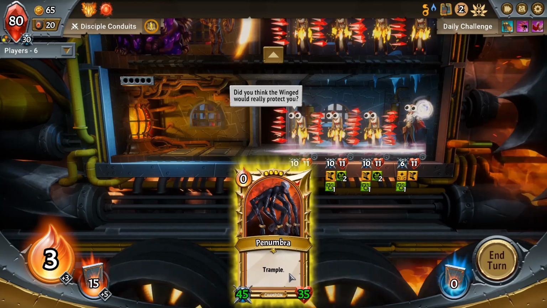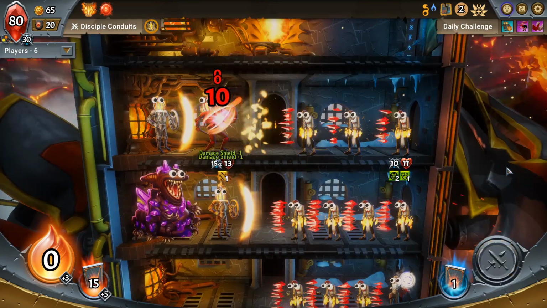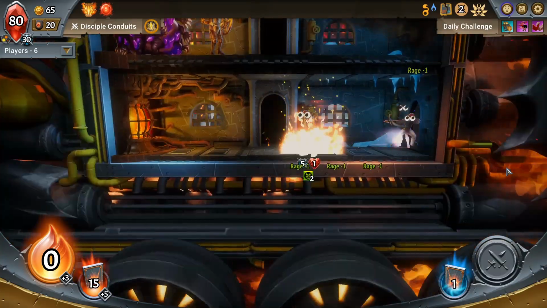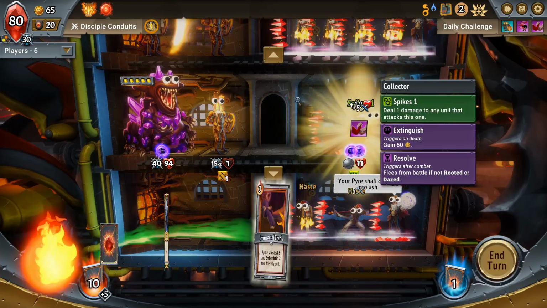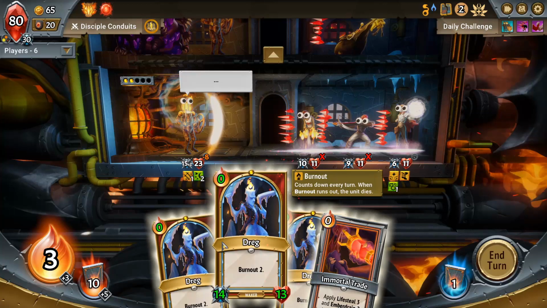I'm going to hold off playing you, I think. 10, 20, because you'll die anyway, though. I think we want to just like...